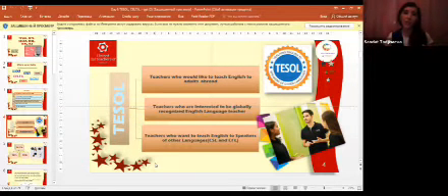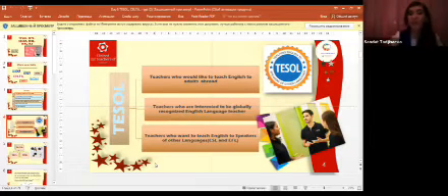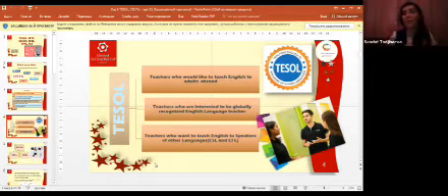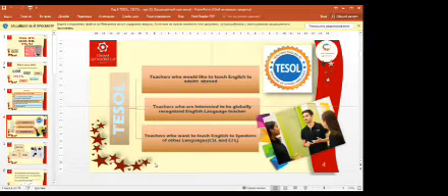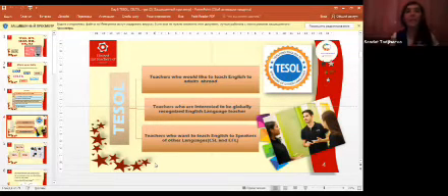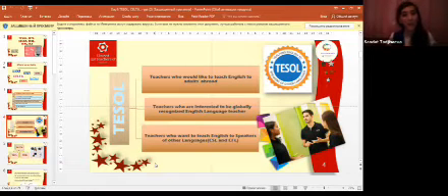TESOL is for teachers who would like to teach English to adult learners abroad. It means TESOL can be provided by special LCs, language courses, or some educational institutions, but it cannot be accredited by some special universities. And unfortunately, very often TESOL is not recognized by other universities when you want to teach English there, because if it's not accredited by a special university, it cannot be recognized.